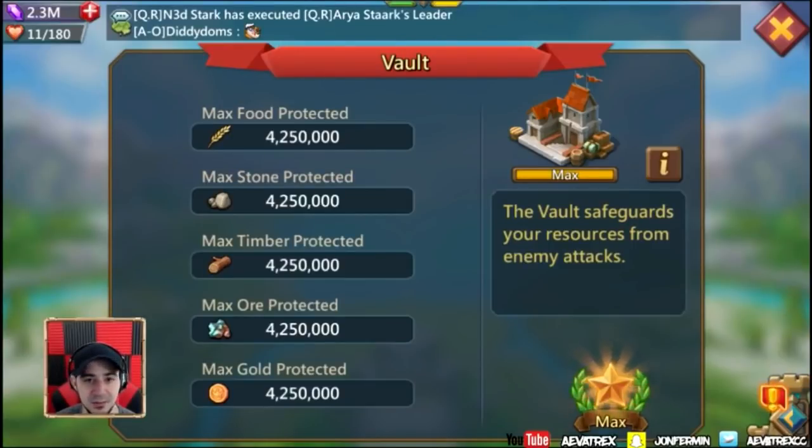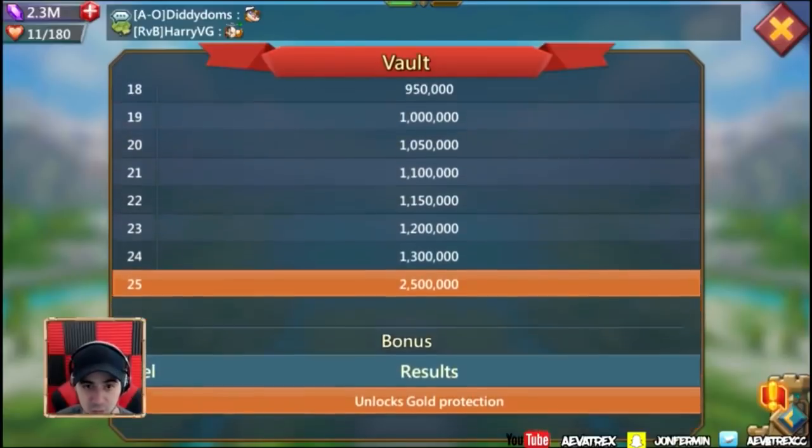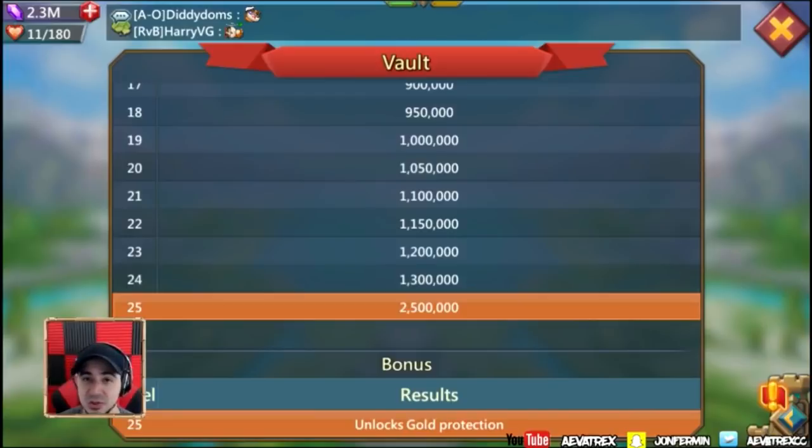Make sure that you take into consideration the max protected of each resource, and also keep in mind that until you get it to level 25, it will not protect your gold. So one way to make sure that you always protect your resources is just simply to use them. If you're going to be using a construction or research, just use enough of your bags to start that research or that construction, and then after you log off, you're going to have no resources, and it's just going to start accumulating for the next time that you need to start a research or a construction, which early on is probably going to be fairly consistent, maybe a couple of hours, maybe a couple of minutes,